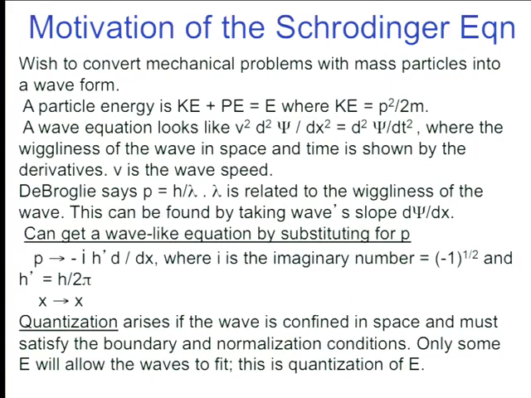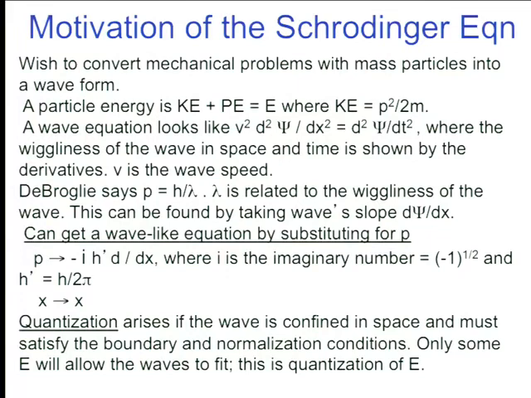This is what I'm trying to bring out in this particular thing, which you can read at your leisure. There's a lambda over here. We're trying to make something with the lambda squared on the bottom. The way to get it out of here is to take the derivative of this. If you take the derivative of the sine of 2 pi x over lambda with respect to x, you get 2 pi over lambda times cosine of 2 pi x over lambda, right? See, we're trying to get something like this, lambda squared on the bottom. By taking the derivative once, we get one lambda on the bottom. By taking the derivative again,